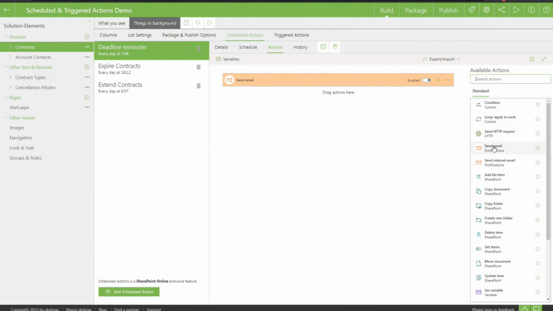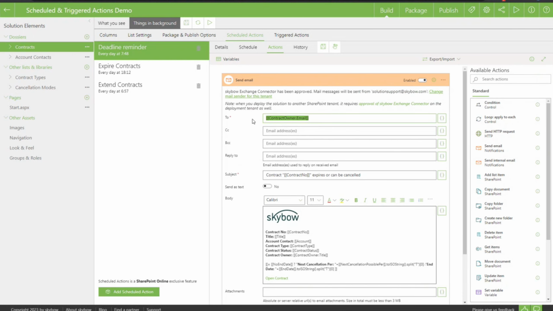Yeah, to send an email, probably one of the most common things, but we also can make an HTTP request, copy, move documents, delete items, etc. We can also have conditions in here and loops. In my scenario, I'm just saying send an email to that person, so the contract owner, and I can easily